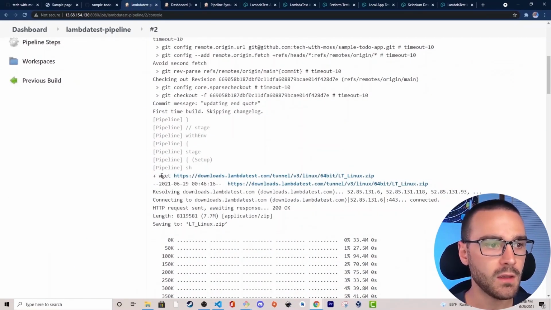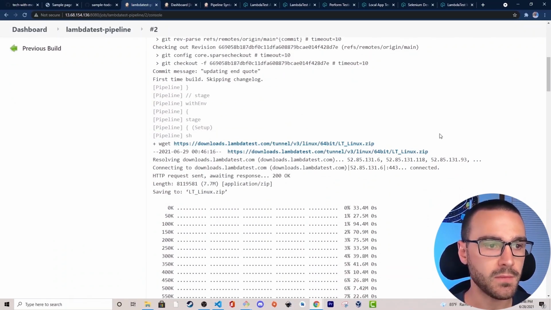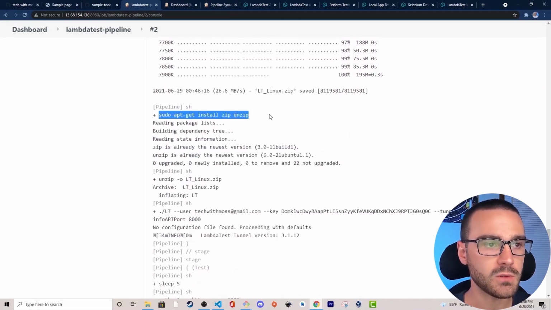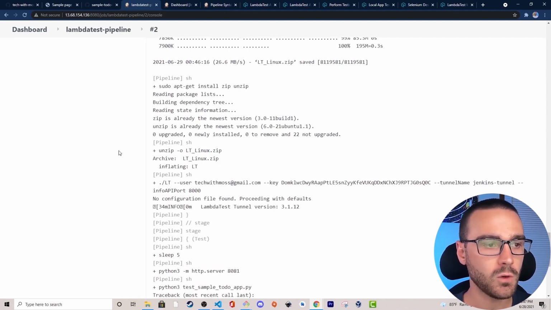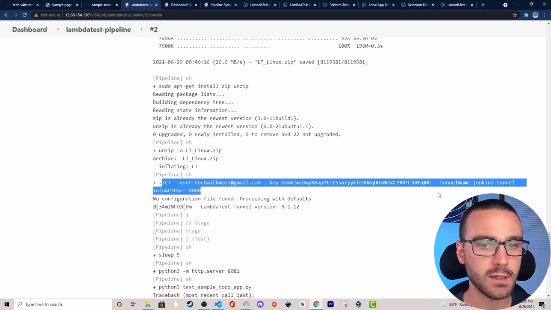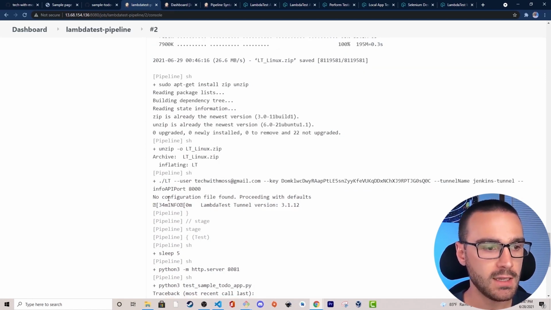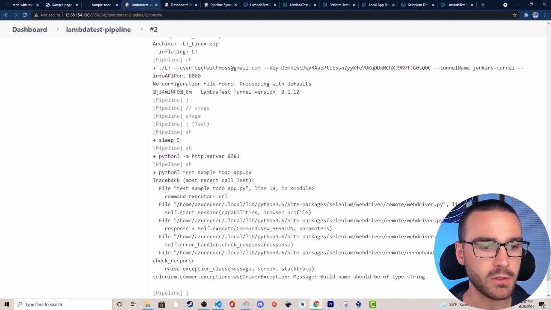what's going on. So it downloaded the Lambda test tunnel successfully. We can see that here. And then we also install the zip unzip package, which in my case has already been installed. And then after that package has been installed, we unzip the Lambda test tunnel. And once we unzip the tunnel, we then invoke it with the parameters that we set previously in the pipeline. And we sleep for 5 seconds, invoke the Python server, and then we invoked the test script, but it looks like